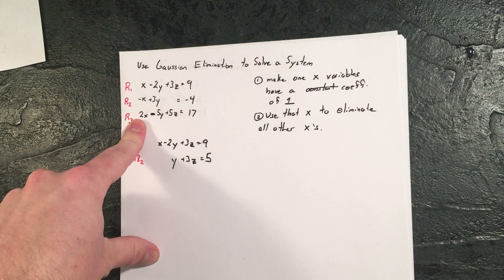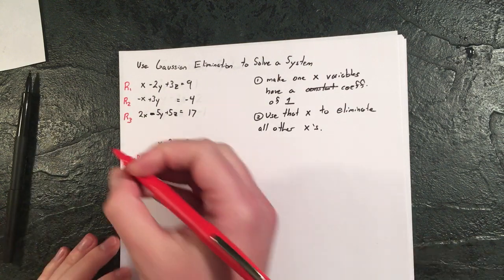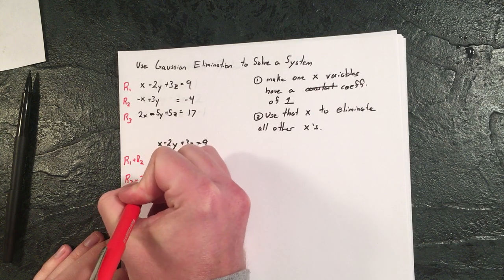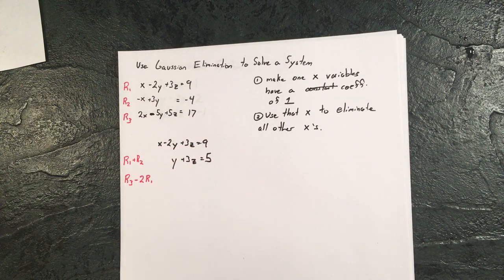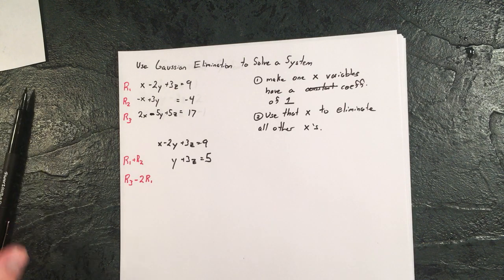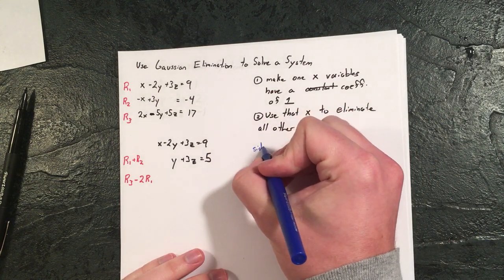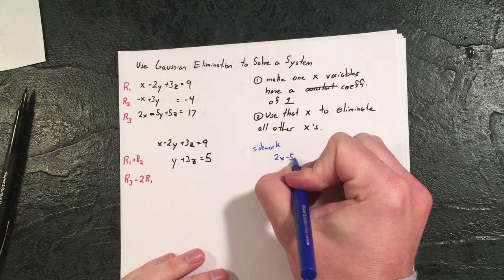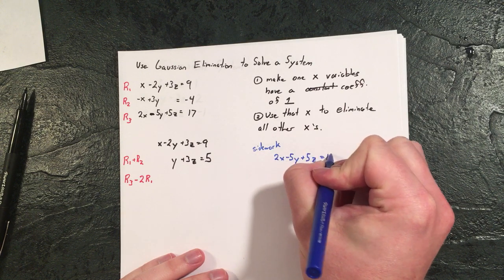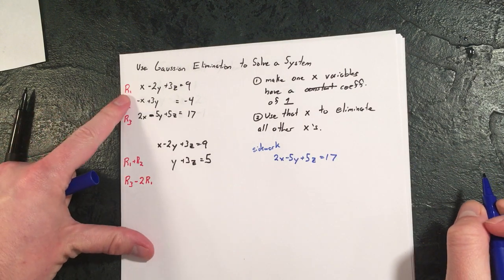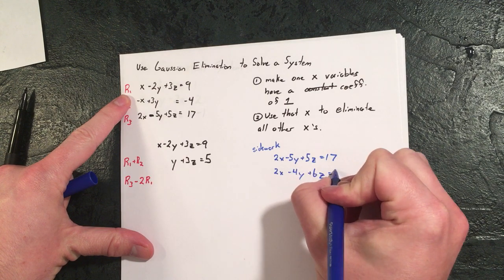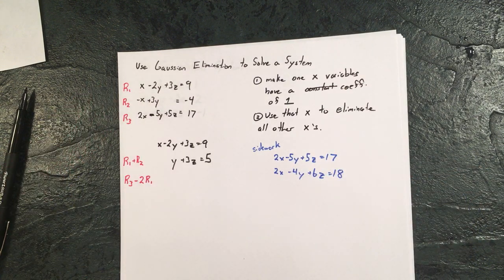Now I also want to adjust this too. So what I can say there is I want row 3 minus 2 of row 1. Maybe that's hard for you to hold in your head, which is fine. So off to the side, maybe you could write some side work. Say, okay, well, row 3 is 2x minus 5y plus 5z equals 17. And then we need 2 times row 1, so that's 2x minus 4y plus 6z equals 18. And then remember, we wanted to